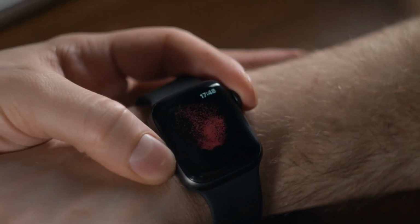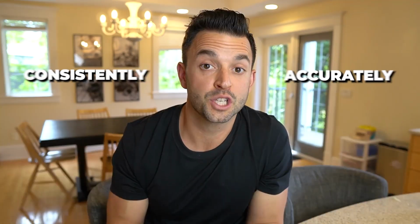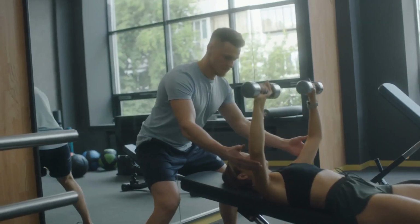But if you've been in nutrition coaching for some time now, you know that getting your clients to track their calories and macronutrients can be challenging, especially if you're just prescribing those numbers alone. It can be challenging for your client to follow and stick to them accurately and consistently enough to see results. This is why meal plans can be a helpful tool for nutrition coaches and personal trainers, because they